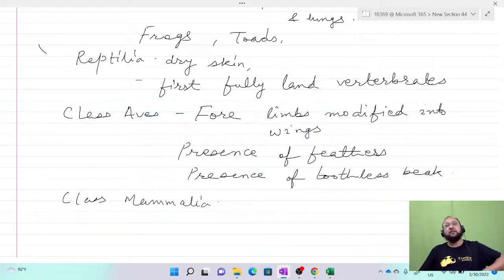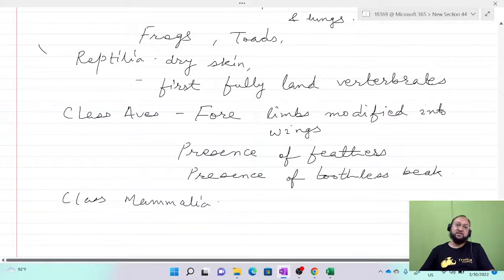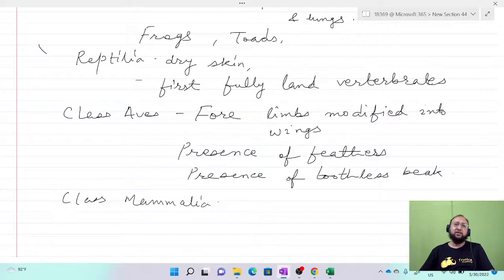Some animals are adapted for living in very cold climate, in glaciers, and some are adapted to very dry climate, like desert. Like in camel, we see the adaptation is such that they are able to live very easily in a dry condition, like desert. So in case of Mammalia, many different varieties of animals are found in different types of habitat, and they